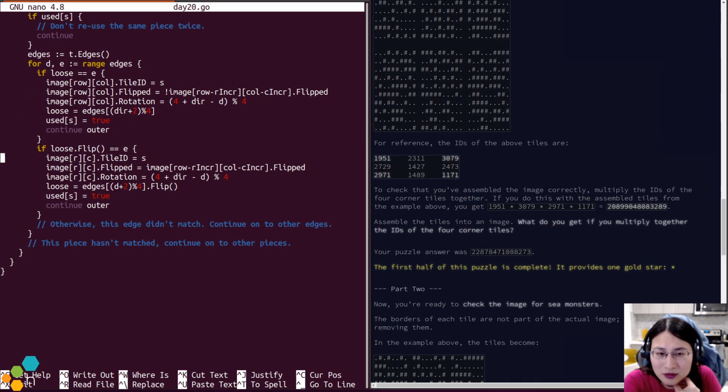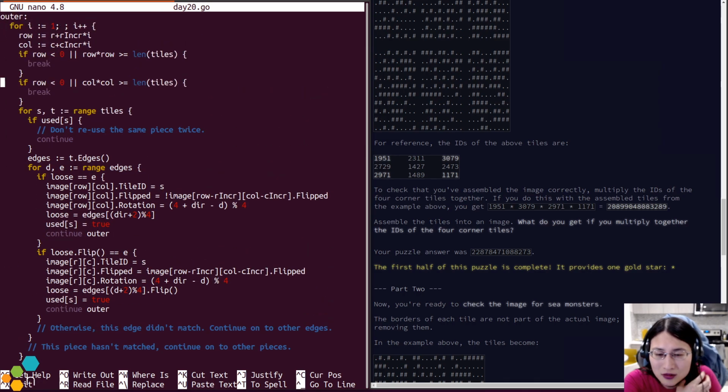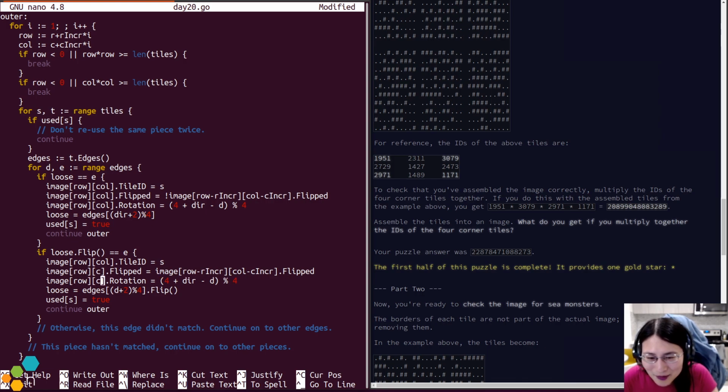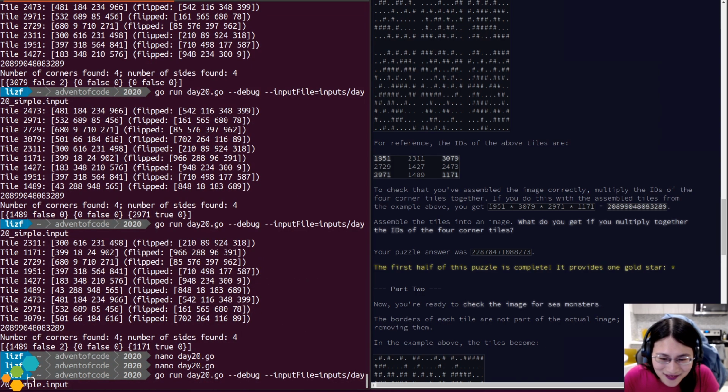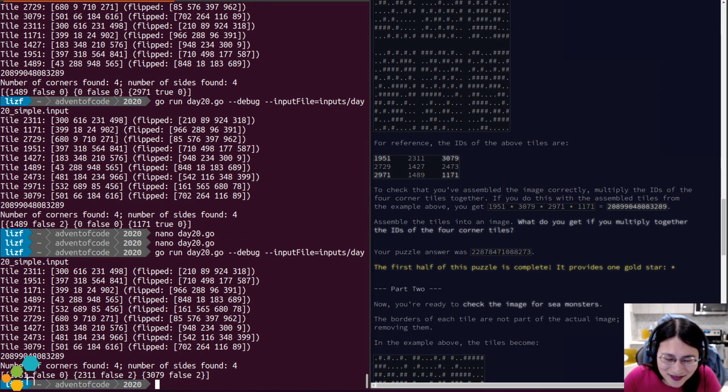Should be incrementing column. Oh, whoops, that's over here. My bad. There we go. I knew there was some bad copy-paste in there. All right, now that's filled in correctly. So 1951, 2311, 3079.